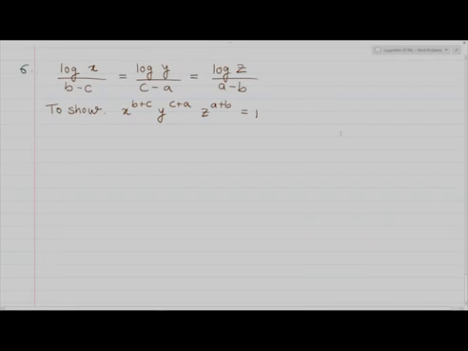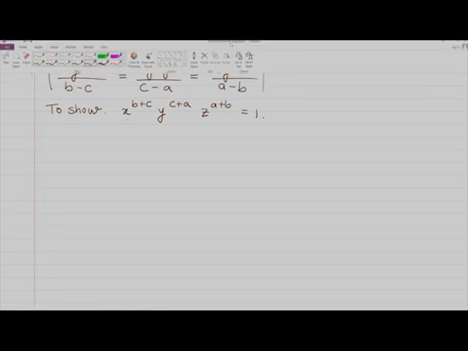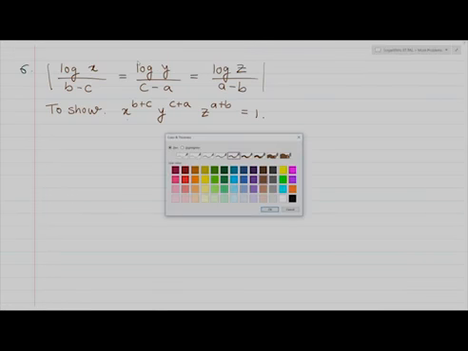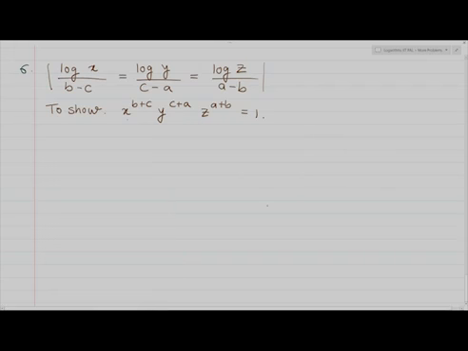Now if you look at this expression, it does not contain log. These relations are given in logarithmic form. So I have to somehow get an intermediate step such that I can connect this. So how will I connect this? Just take the green pen. Can I get an expression in logarithmic form for this particular expression?